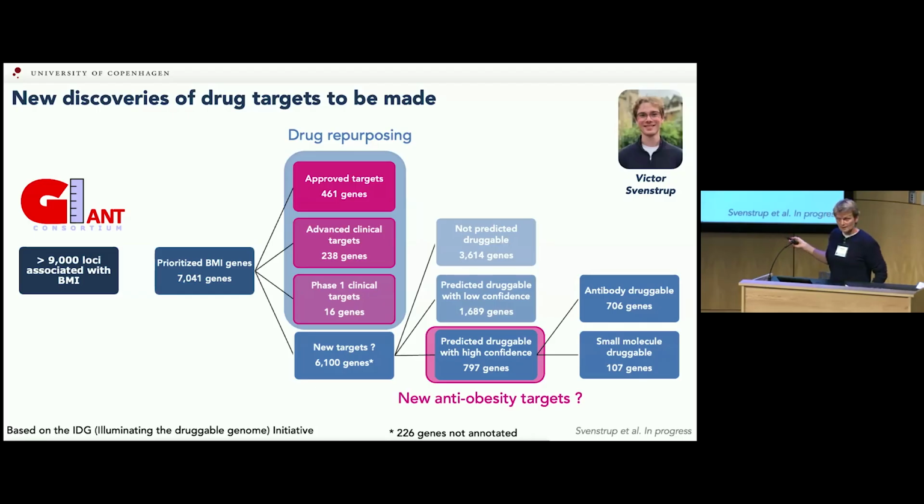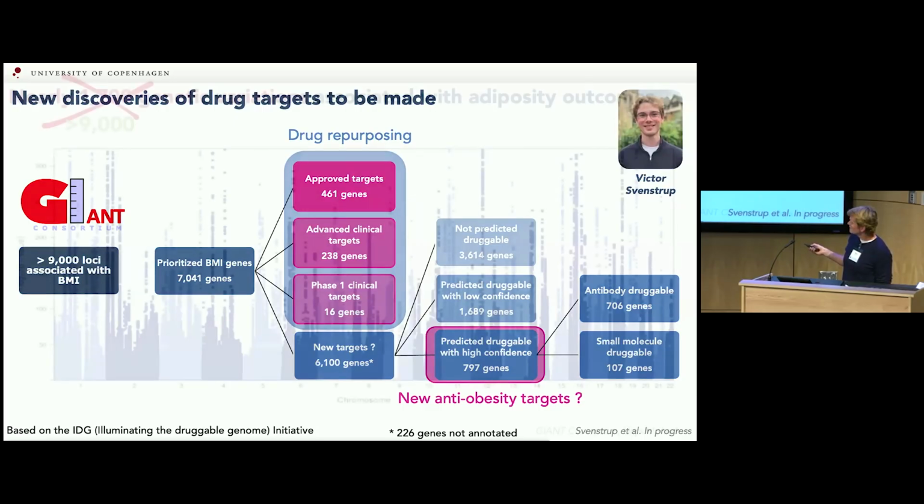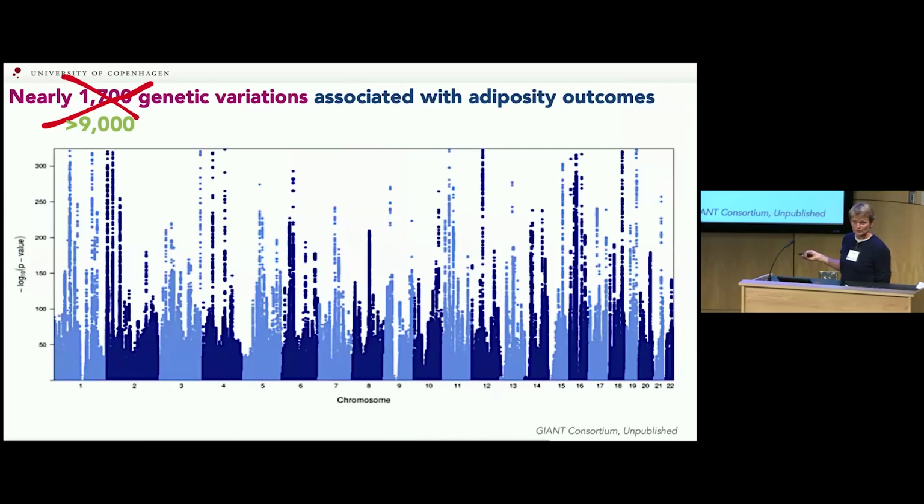Again, very preliminary data, but these are projects basically to avoid the real task, which is the variant to function, right? Because remember, I told you it's maybe a dozen variants associated with body mass index that have been translated into function, but now we have 9,000. It's a little overwhelming. It's been taking a long time for us to write up the story into a concise and meaningful paper. And maybe the real problem is not just the amount of data, but also the phenotype.